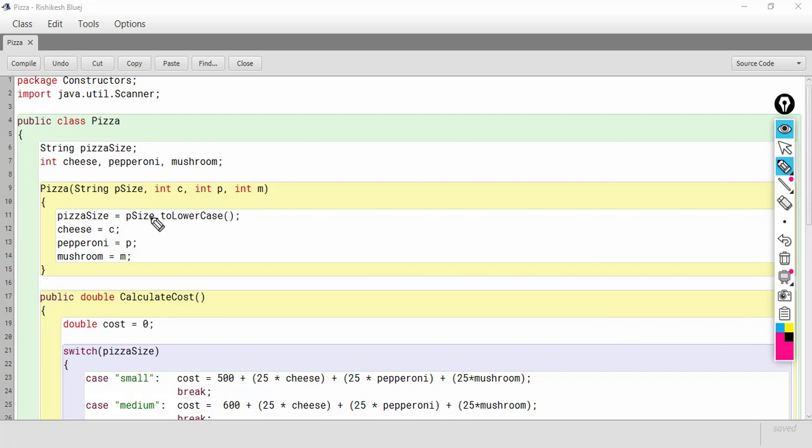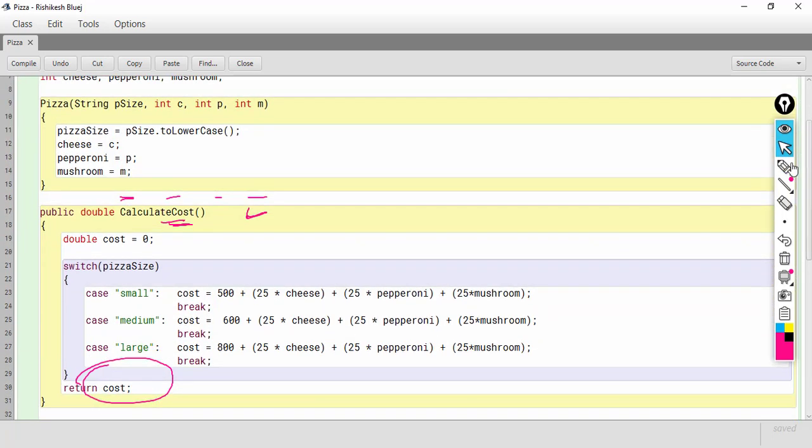So once I receive those values, I will be assigning all the values that are received here to the appropriate instance variable. For example, the p size first I will convert it to lowercase, whatever the case may be, so that when we compare the value of pizza size with the case values, we have uniformity.